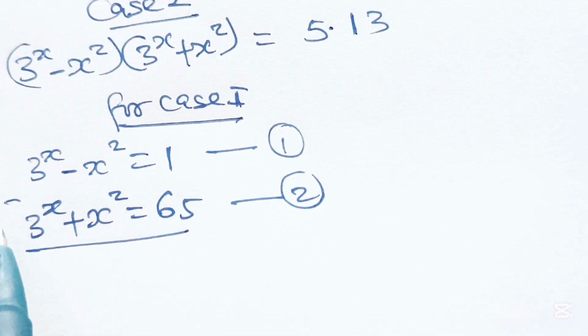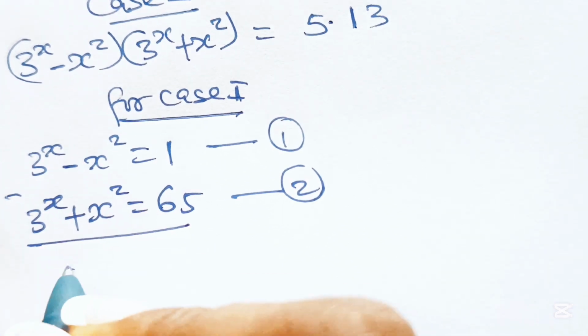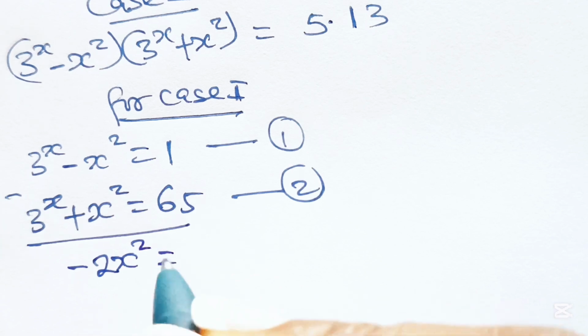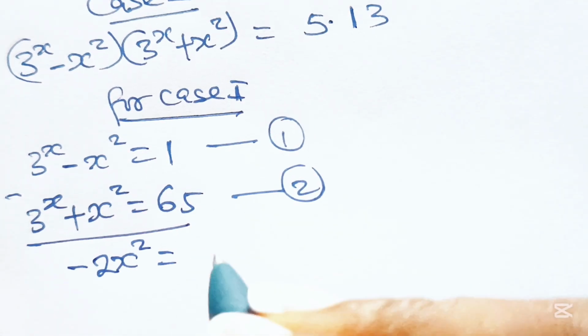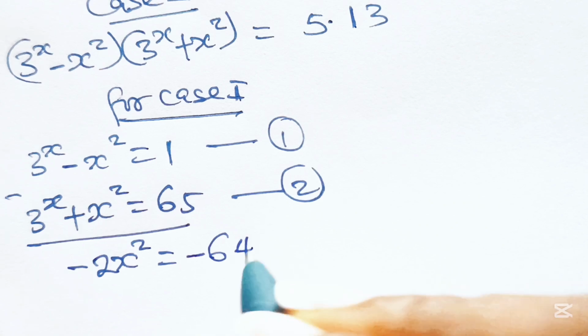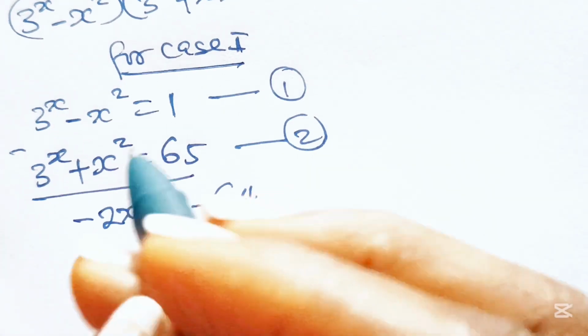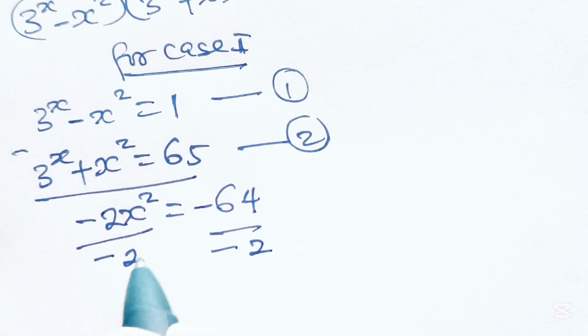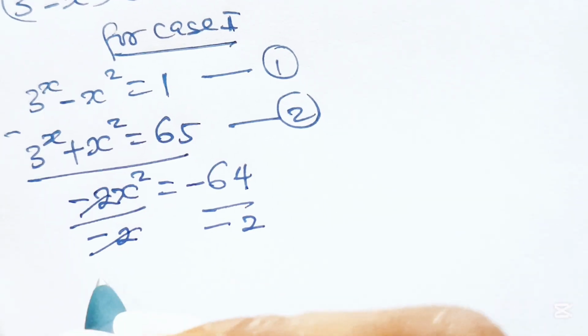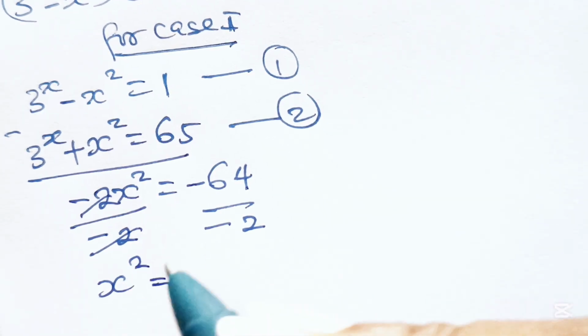Now minus x squared will give us minus 2x squared, right? Is equal to 1 minus 65 will give us minus 64. Now if we divide through by minus 2 and minus 2, this will cancel this, so we have x squared is equal to